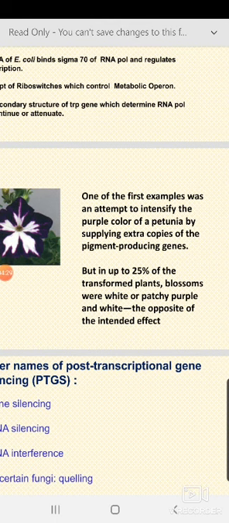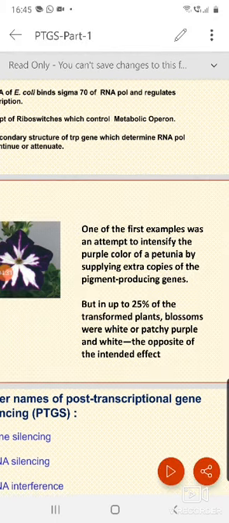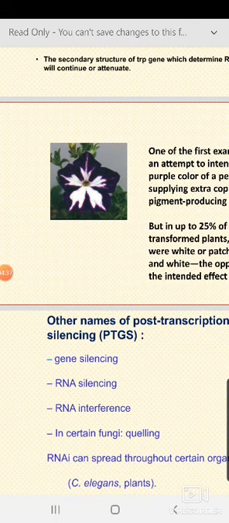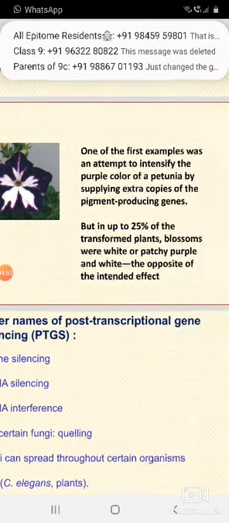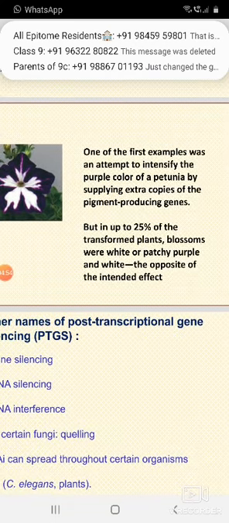Now here what they did was introduce more copies of a gene inside a petunia flower. You can see the flower here. What was the intention? To intensify its pigment. The basic concept is that the more the pigment gene is expressed, the more colorful the flower will blossom. But to their surprise, instead of increasing the color,